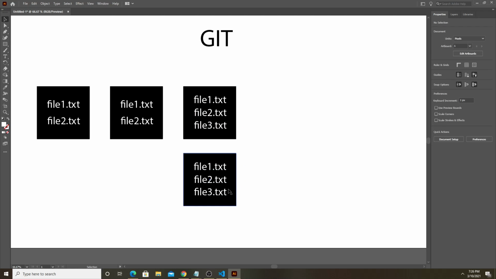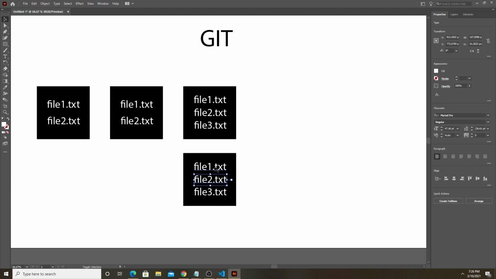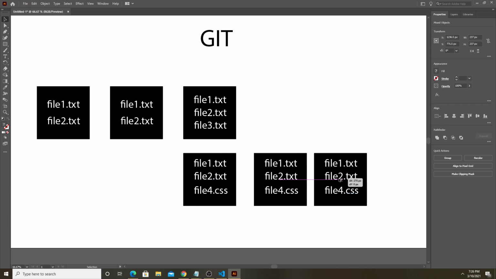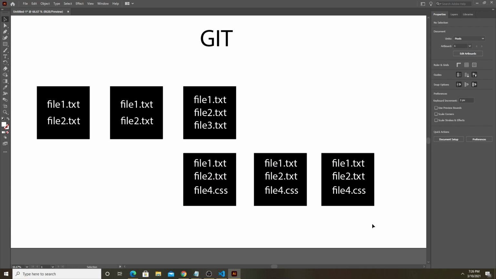So if someone else is working on a file and they're adding a completely new feature, maybe it's not a text file, now they're adding file4.css or something, and they're doing their own thing. They're working on their project. They're making little updates to it every now and then. Finally, whenever that new feature is complete and it's working